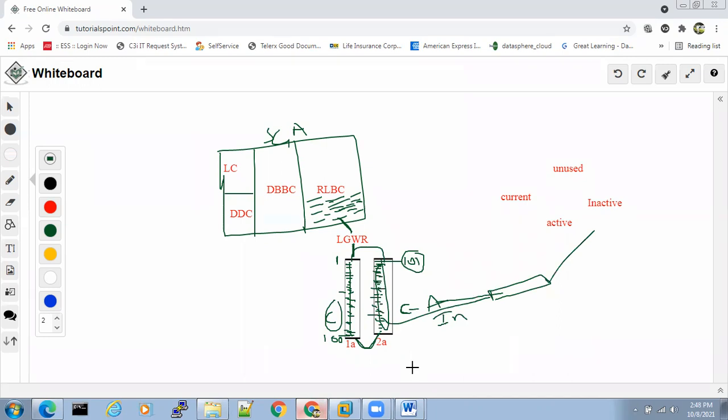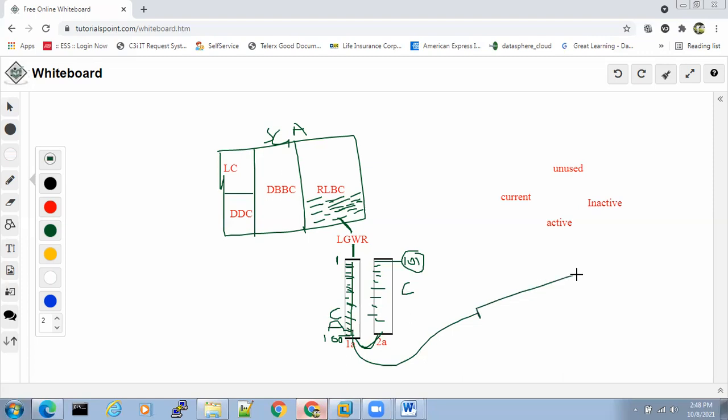Understood about the status, everyone? Now there are questions for you. Log writer is writing into redo 1A. What will be the status of redo 1A? Current. Log writer completed writing into redo 1A. Now it switches to redo 2A. What will be the status of redo 2A? Current. Very good. What will be the status of redo 1A? Active.